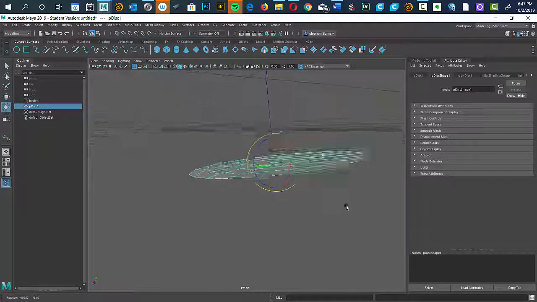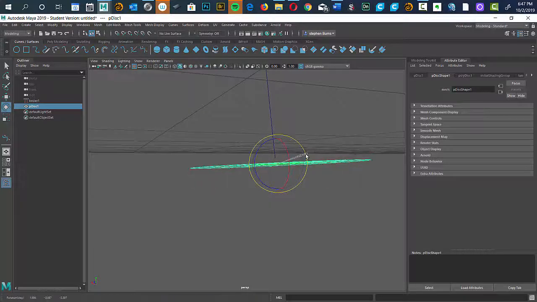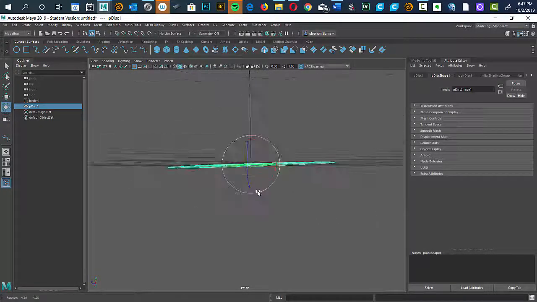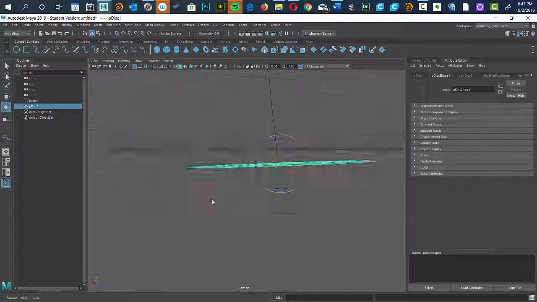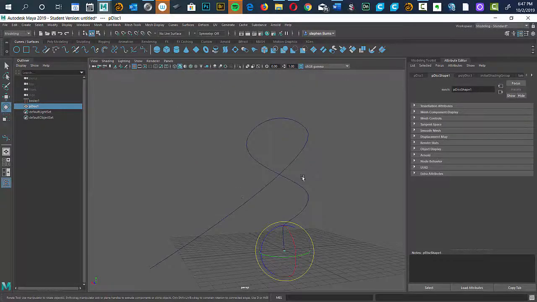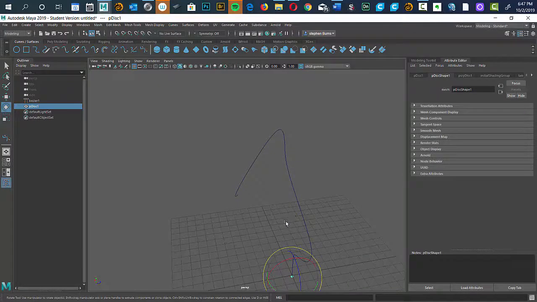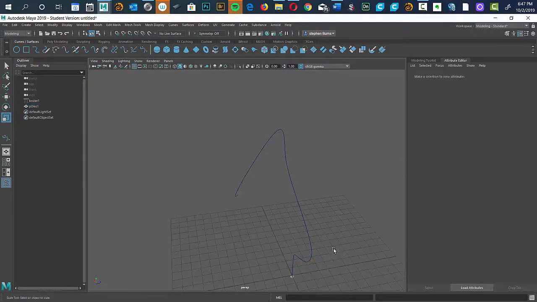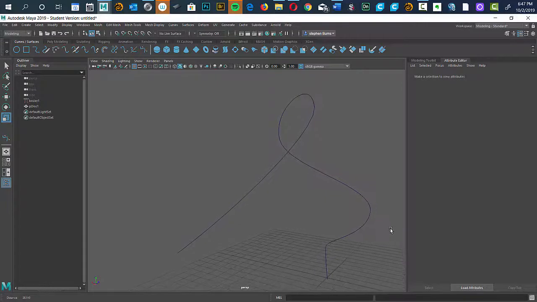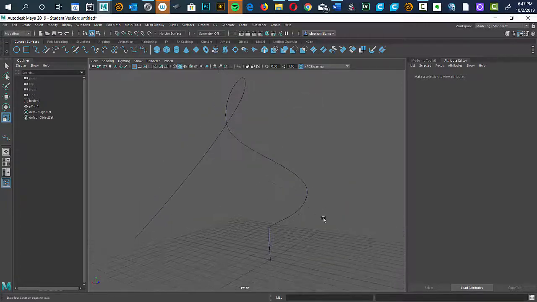Okay, I think that's going to work. That looks pretty good. Hit the A key, fit it all into view. So I got this small little teeny shape. I might go ahead and make it just a little bit larger. Just a little right about there. Okay, that works. Okay, let's get in a little closer. All right, now